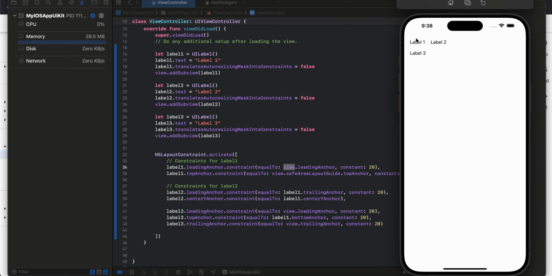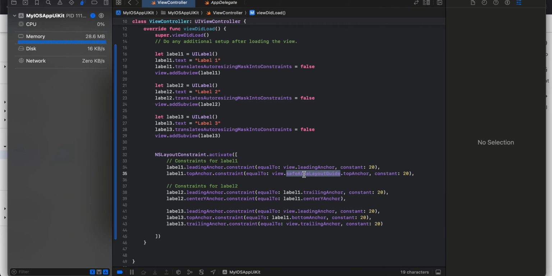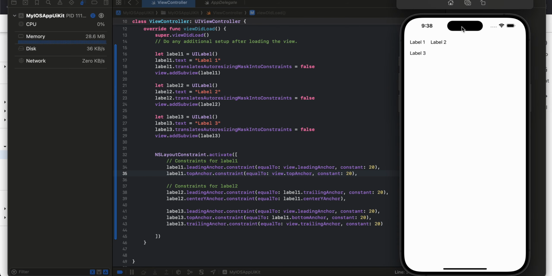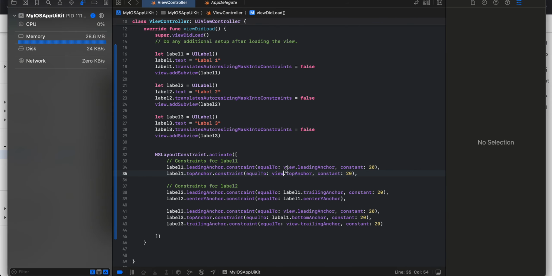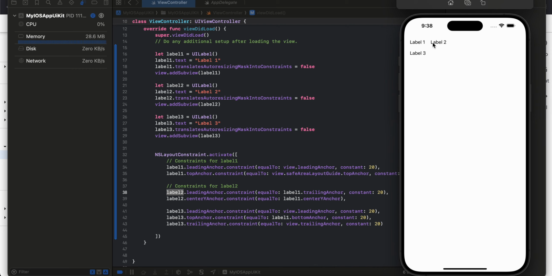So the top of our label is constrained to the top of the safe area layout guide, meaning this notch. If you just write something like this, then your content will be obstructed by this notch. That's why we write safe area layout guide. Now for label 2, label 2's leading anchor is constrained to label 1's trailing anchor. There are many types of anchors, but the most commonly used are